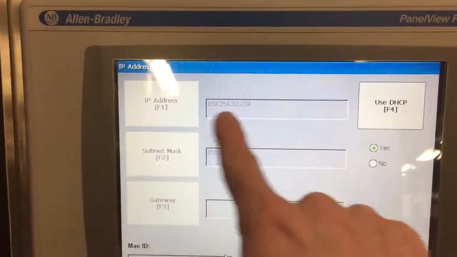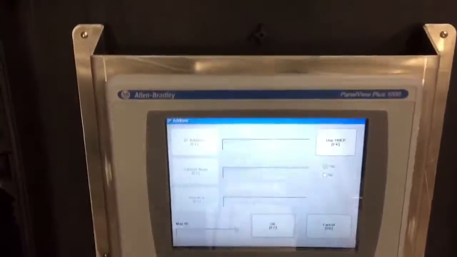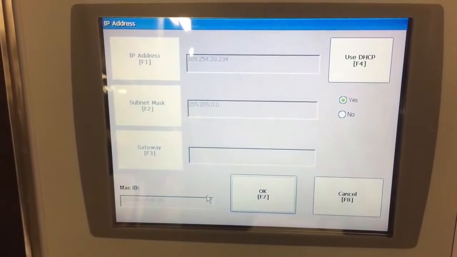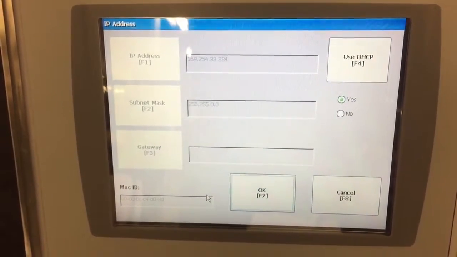The way that this is being assigned right now, because in our network we have our PLC, our PanelView, and then you can see on our switch here our computer is connected. So those are the three nodes that we have in our network. There's no DHCP server, so